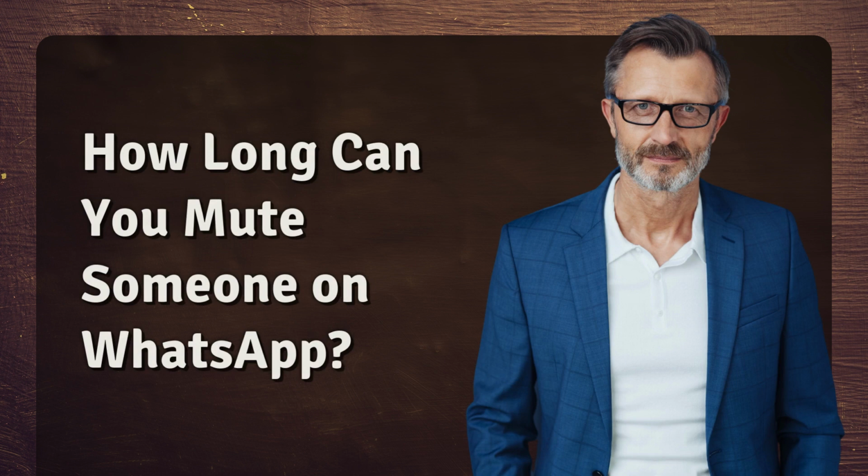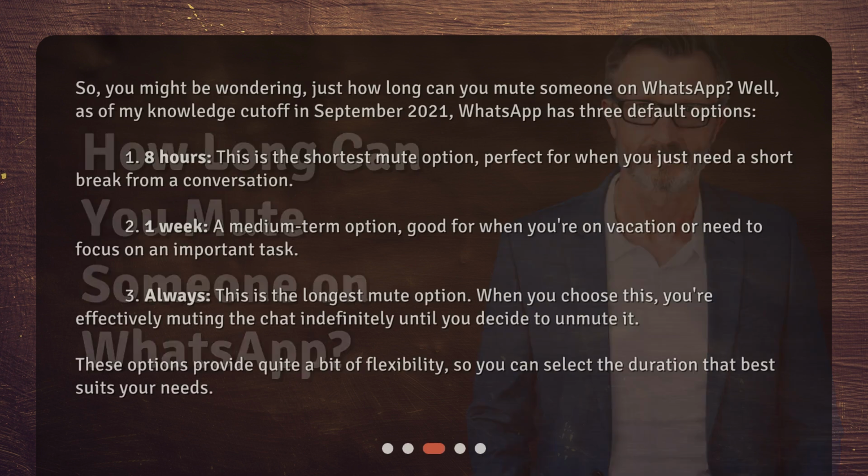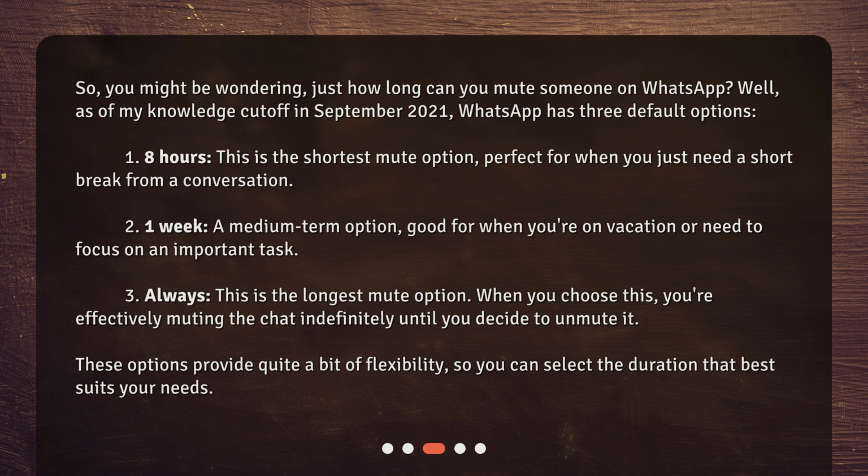How long can you mute someone on WhatsApp? So, you might be wondering, just how long can you mute someone on WhatsApp? Well, as of my knowledge cutoff in September 2021, WhatsApp has 3 default options. 1. 8 hours. This is the shortest mute option, perfect for when you just need a short break from a